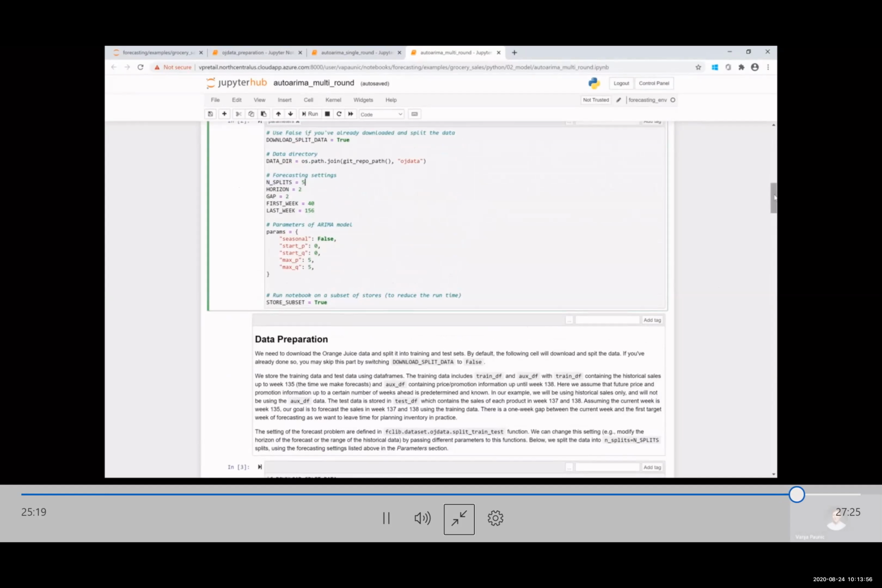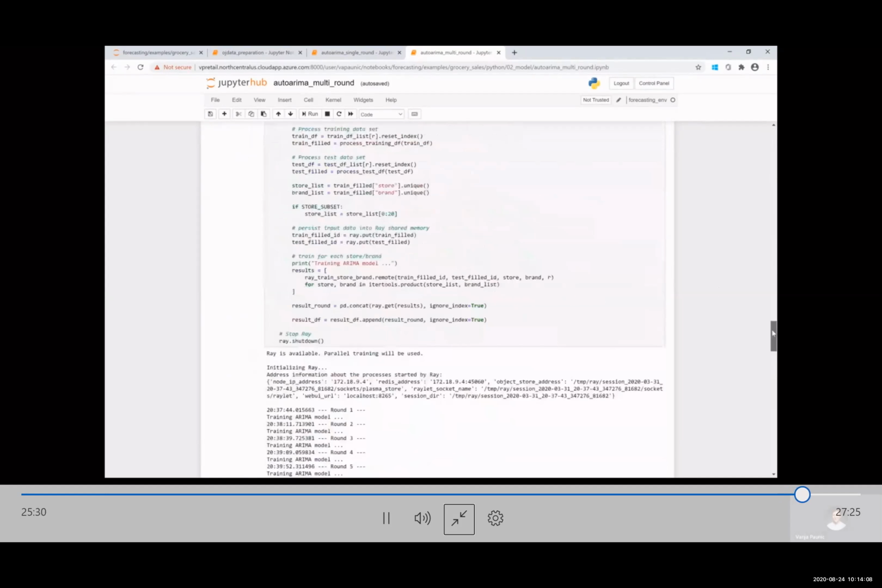And so when we use the same approach of using RAID to train the auto ARIMA model across all of the brands and stores across each of these rounds. But ultimately we evaluate